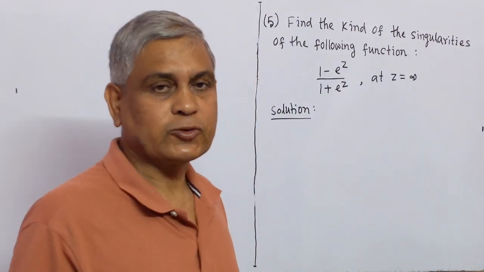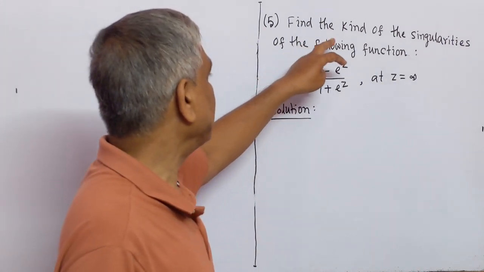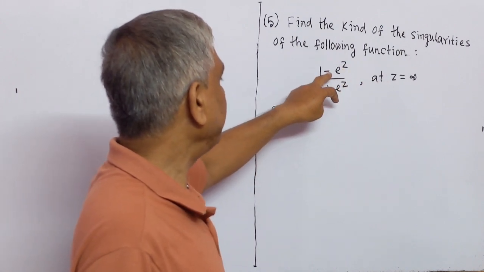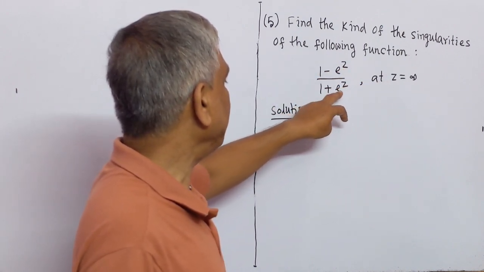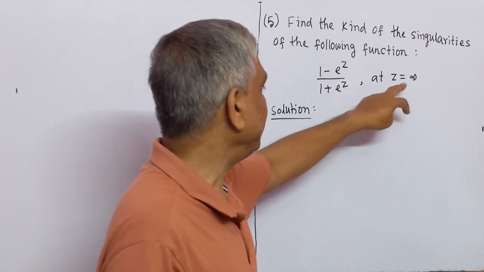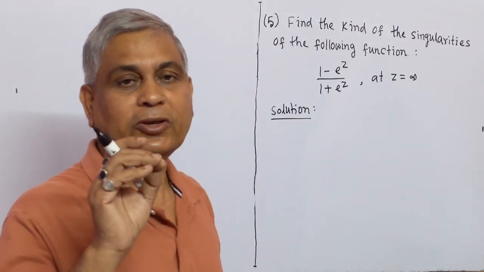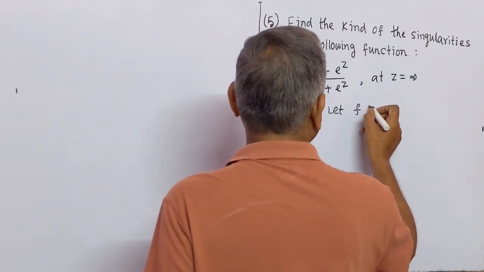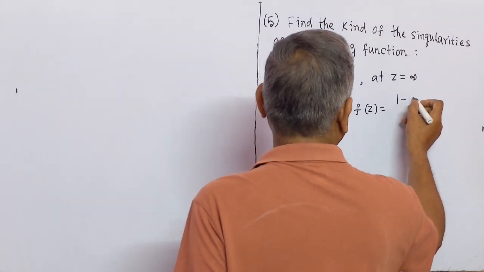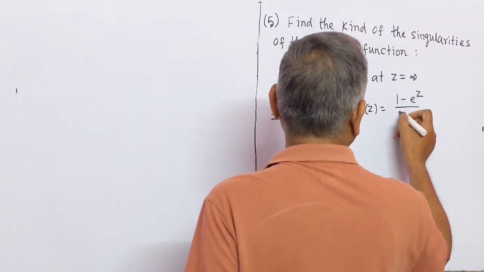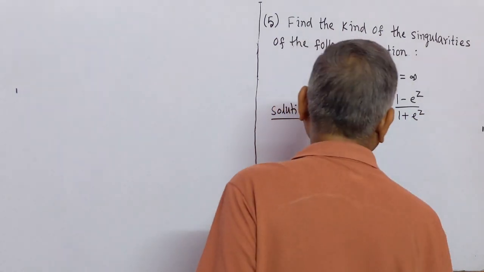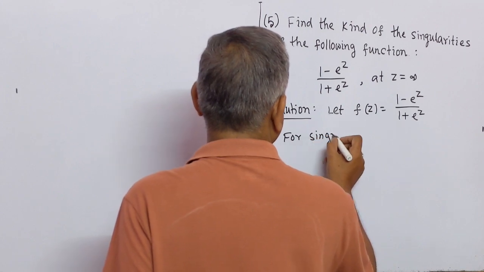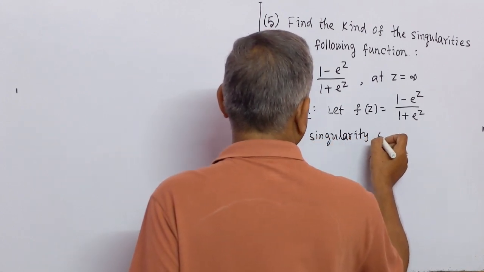Now we solve the next problem. Next problem is: find the kind of the singularities of the following function, 1 minus e to the power z by 1 plus e to the power z at z equal to infinity. Now we solve this. Let f(z) equal to 1 minus e to the power z by 1 plus e to the power z. For singularity of the function,